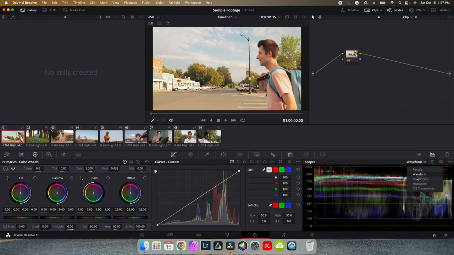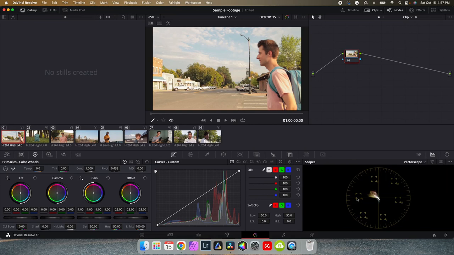Now coming over to our vector scope, this tells us the saturation of the colors within the image, and it also tells us where our colors are at. We've got our yellows, our reds, magentas, blues, cyans, and greens. We can see we've got quite a bit of yellow and red in the image, and we can see that's reflected in some of these yellow colors in the trees. We got the skin tones, and then we've got also some of these buildings and this yellow tint on the